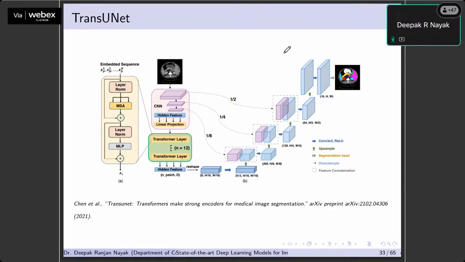TransUNet is also another type of architecture, or you can say the conv-ViT architecture, a convolutional vision transformer based architecture, where instead of taking the patches directly from the images, what they proposed is, again, it is a very recent paper. TransUNet has got a lot of attraction from the researchers, where you can see they have initially used a convolutional neural network to extract the patches, and then they applied a transformer layer over here. You can see over here, first convolutional layers, then transformer layers, and then whatever output they are getting